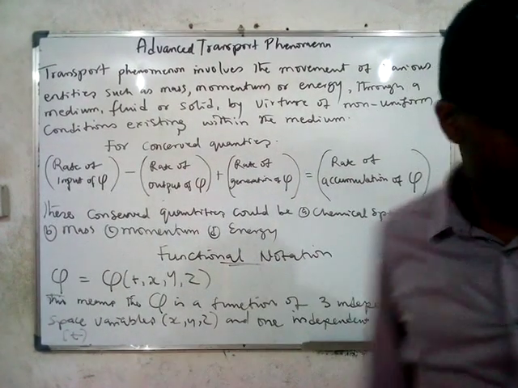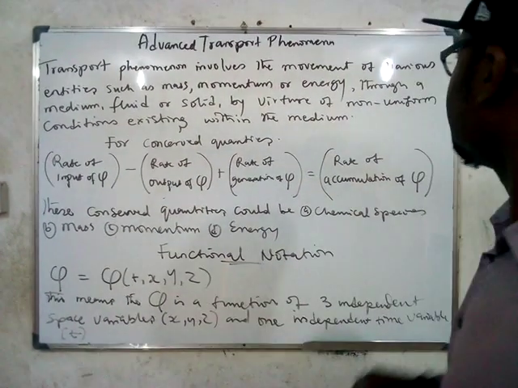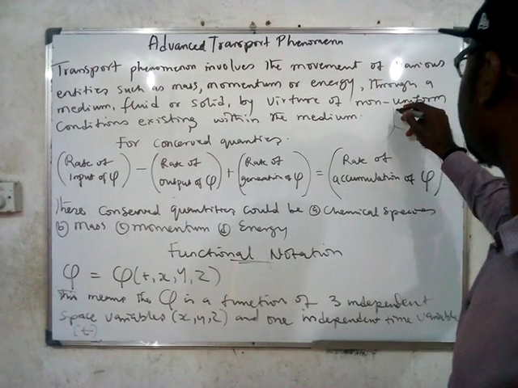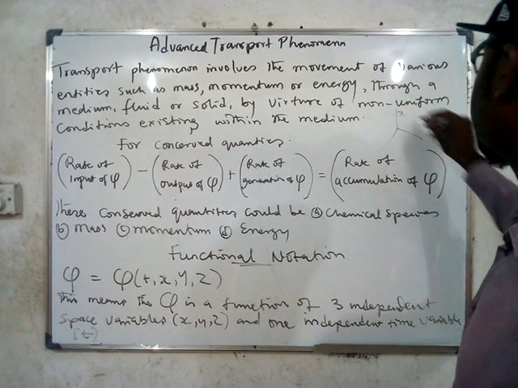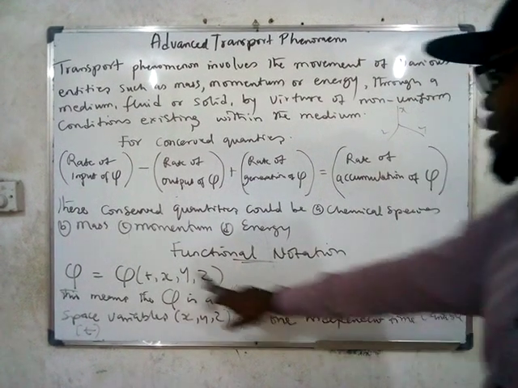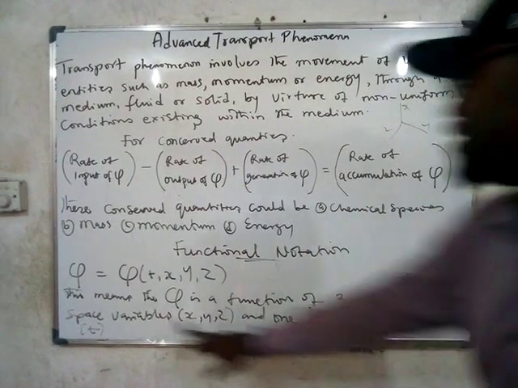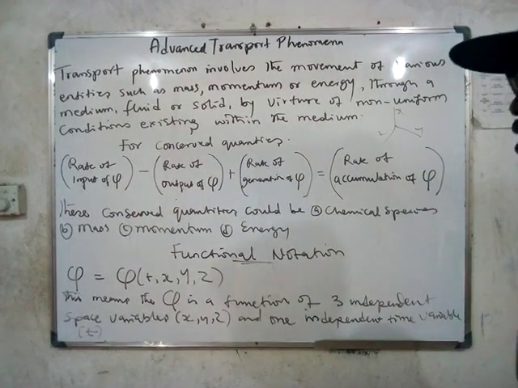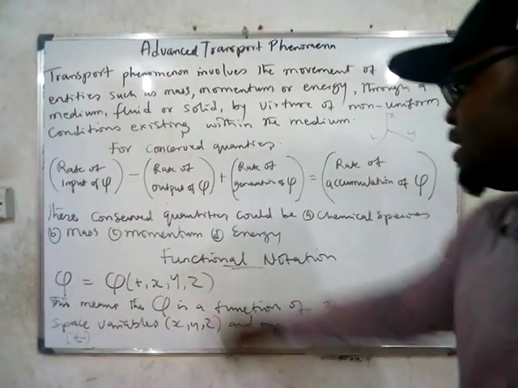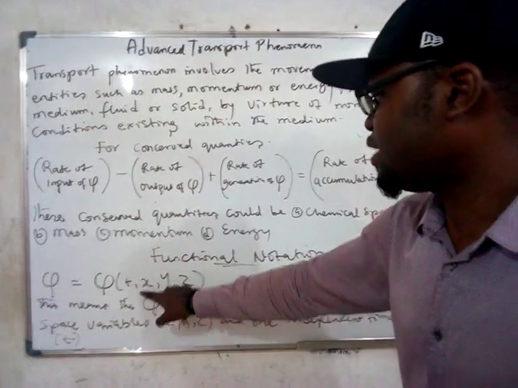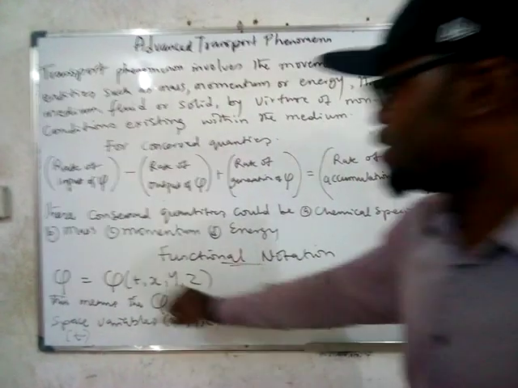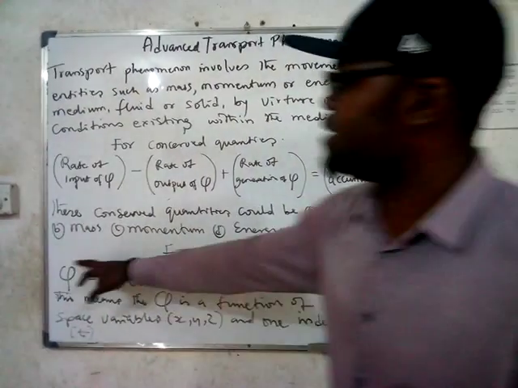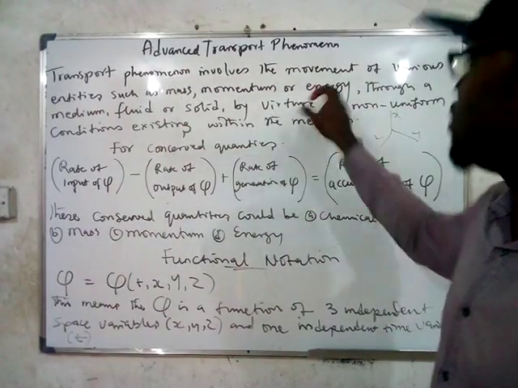You know space, whenever you're writing space, it has to be in this form, where you can have x, y, and z. So these are space variables, three independent space variables. Then t is a time variable, it's also independent. So like I told you, everything here is independent, both the time and the other three space variables. But this is dependent on all of them. That's why this is a function of all of them. And this can represent either mass, momentum, or energy.